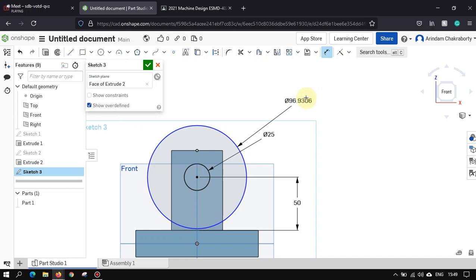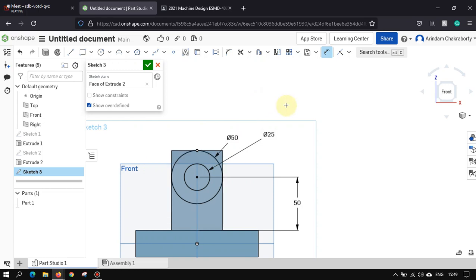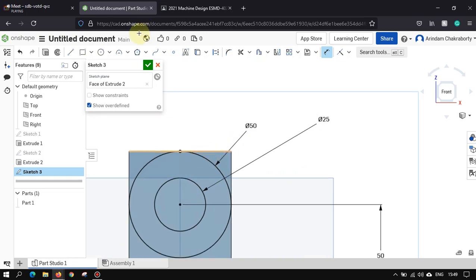So click here, diameter 50. After that I'll draw a line. Always remember the line should take its reference from the center. Draw as you like.